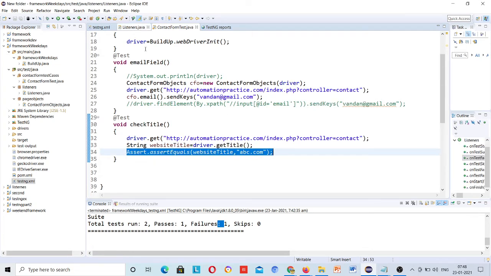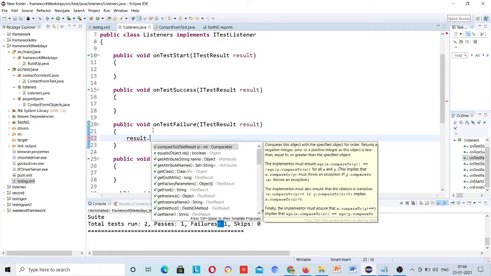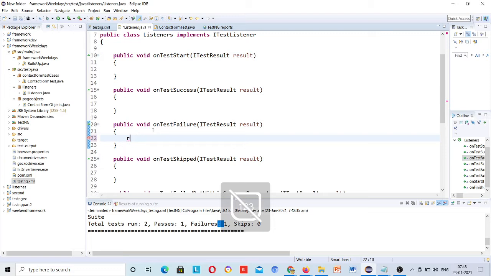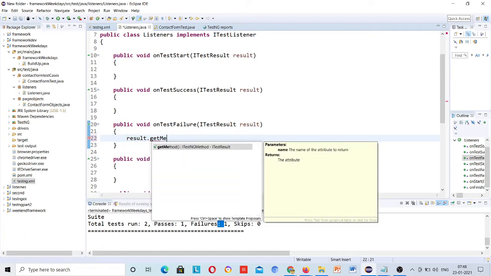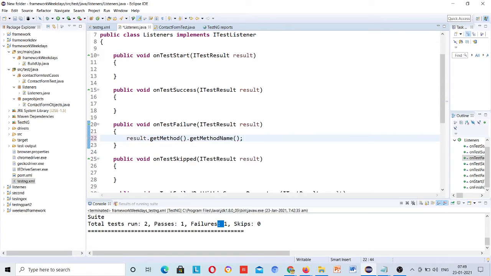First of all, just here, result dot, that I have told you in the listeners session, getMethod dot getMethodName. Okay, what will it return? It will return the failing method name. If you want to check,